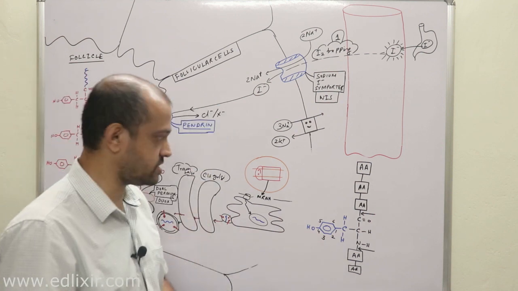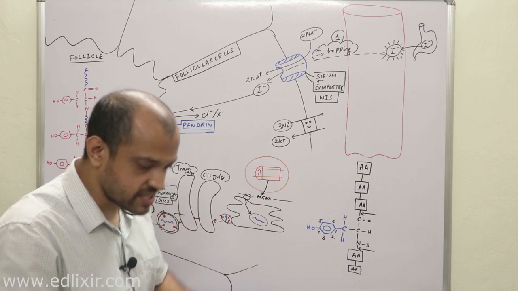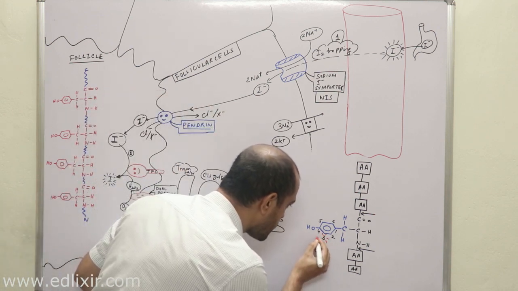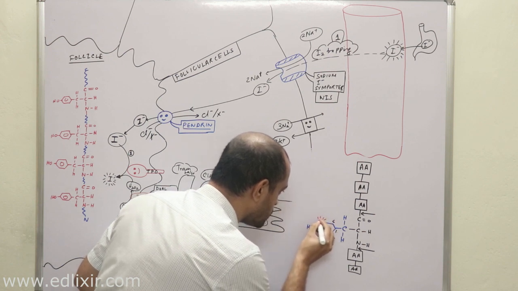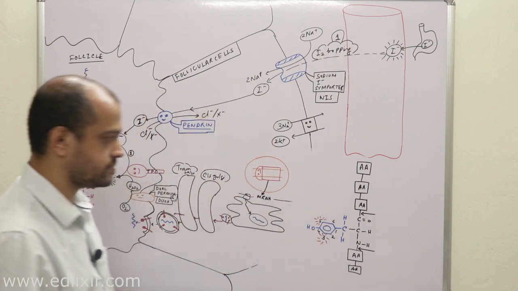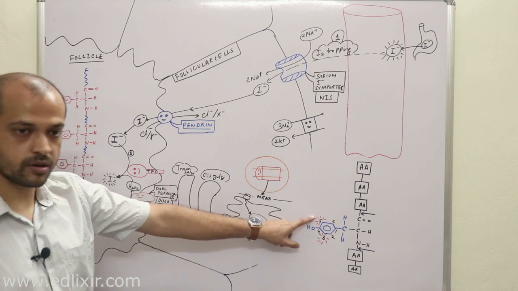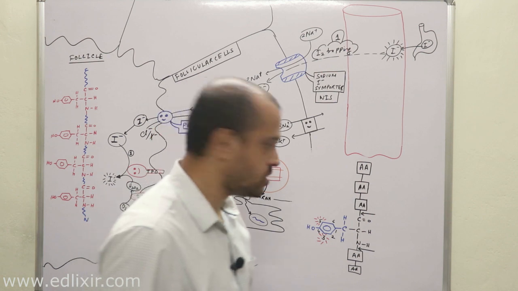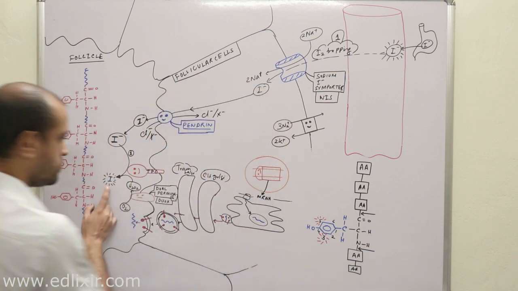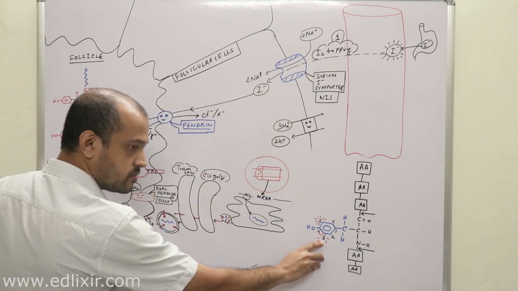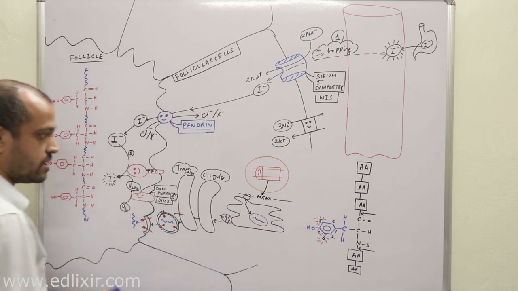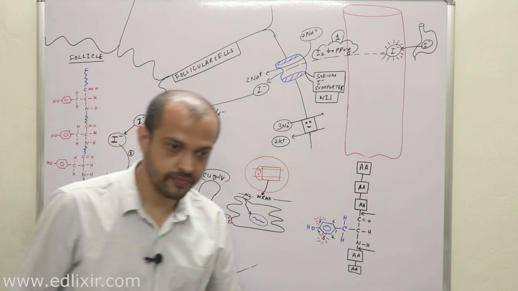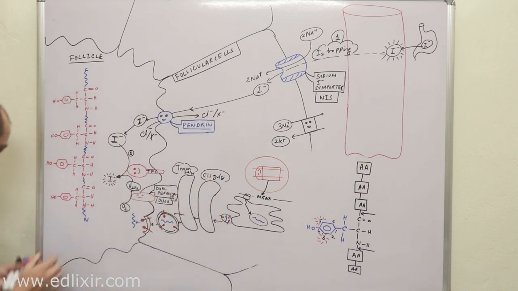Now listen with all your attention. Iodines are always inserted on the third carbon or the fifth carbon, or both. Never on the second and sixth carbon. So either this iodine will be inserted in the third carbon or in the fifth carbon, but never on the second and sixth carbon of the benzene ring of tyrosine. Clear?